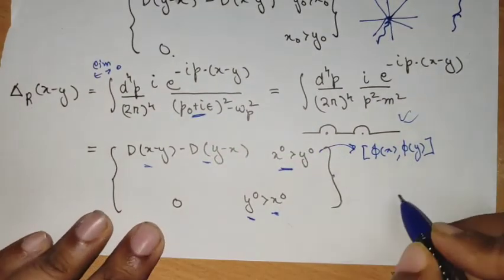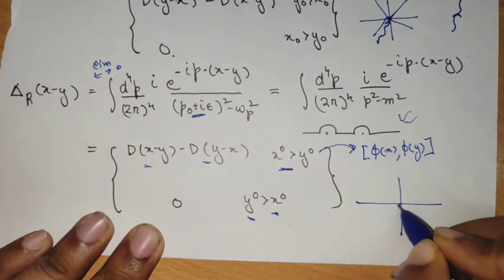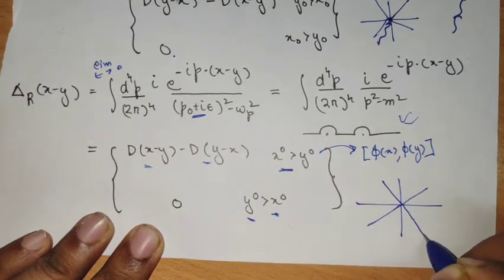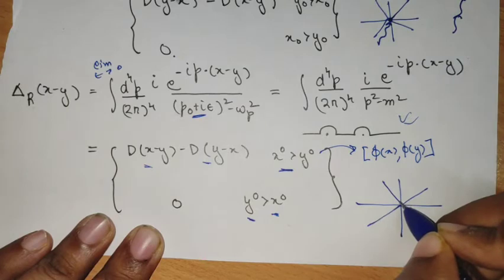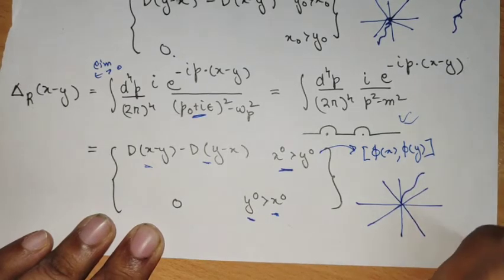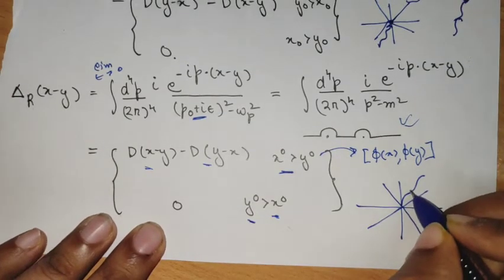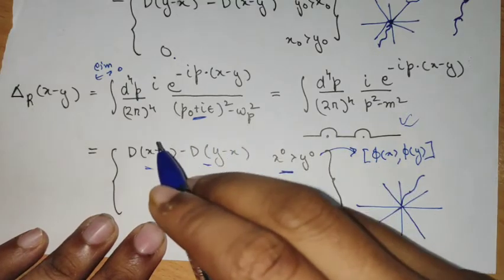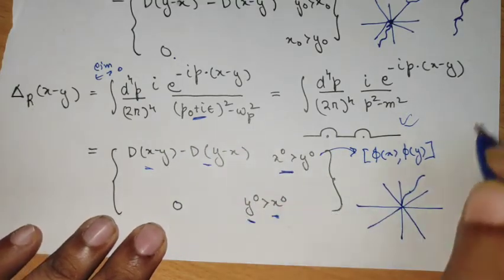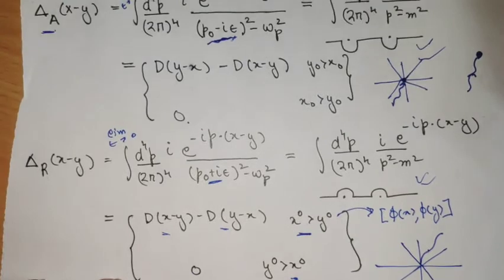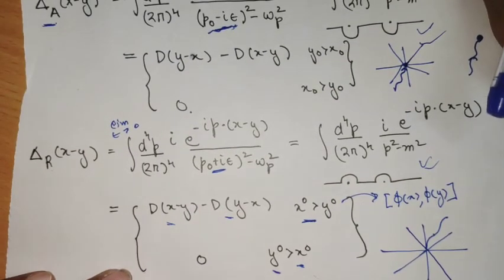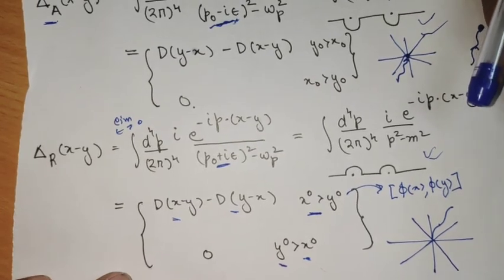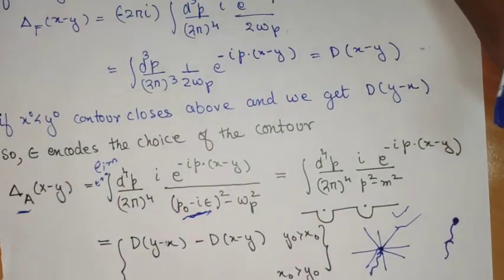Whereas in the retarded contour case, if I draw a light cone at y0, for all points that are in the future of that point, it will give signal propagation. So in that sense, this contour is important to probe the future of a particle. So what is this probing? We will see soon. In some sense, it helps in solving the inhomogeneous Klein-Gordon equation. So that's all for this video.